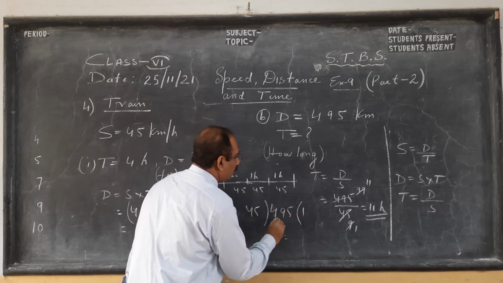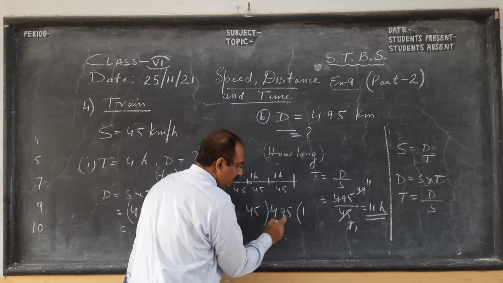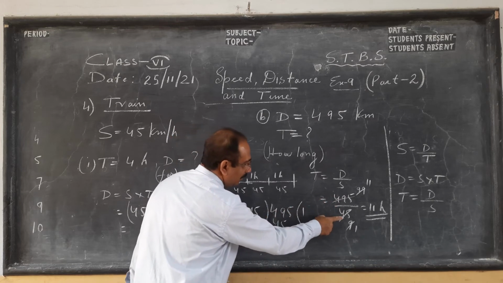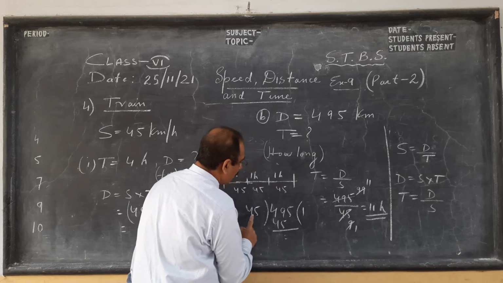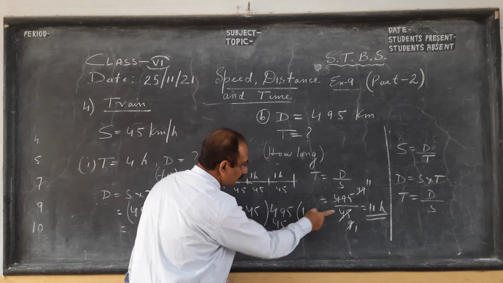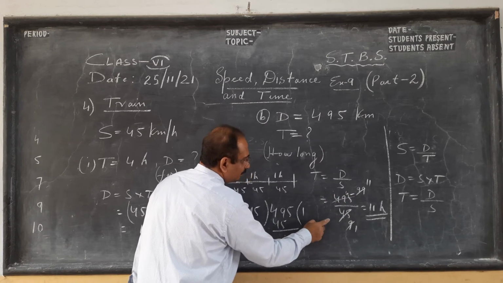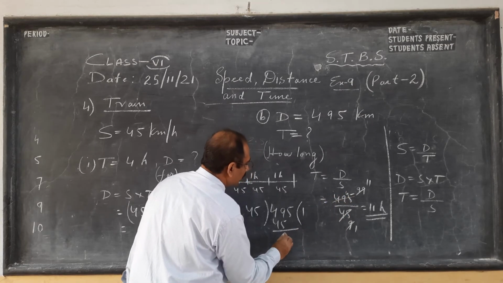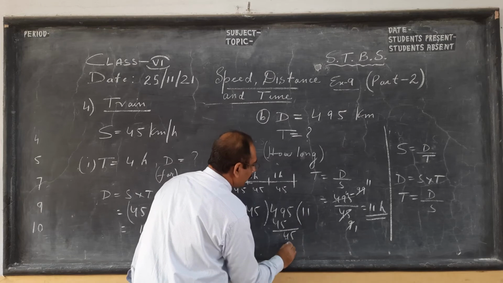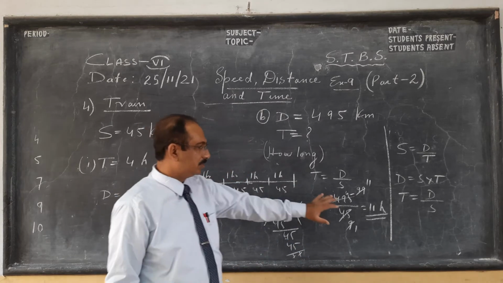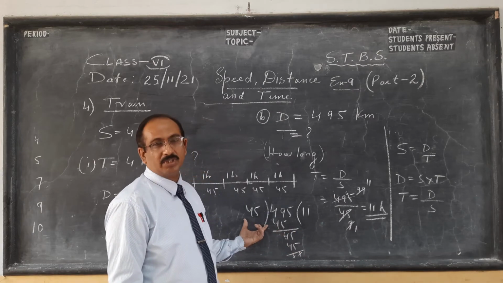If you are weak in this type of division, please divide by this method if you have any problem, children. Actually this is a shortcut of this. This is nothing but a shortcut of this here. If you divide with 45 directly, 4 will be left. So 1s are, and then again 1s are. So here we get 45, another 1. So this is our traditional division. Either you use this method or you can use this method.